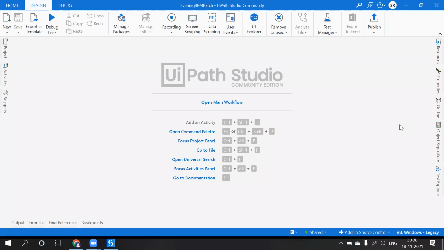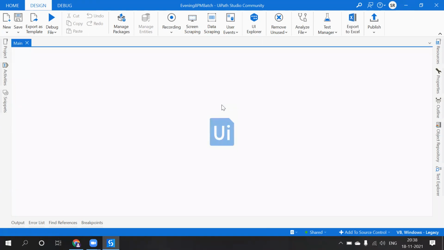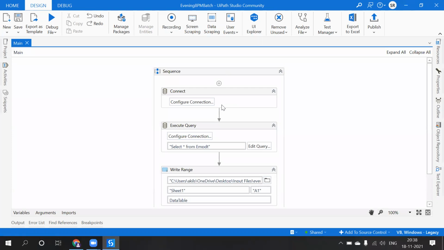Okay. So yesterday we discussed connecting to the database server, and we tried to retrieve the data from the